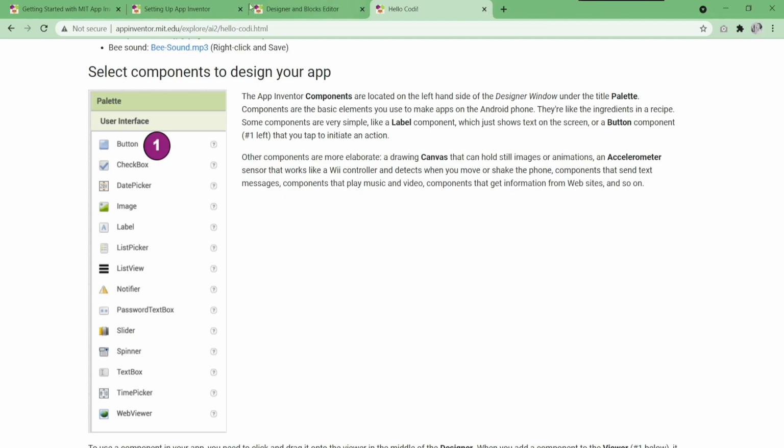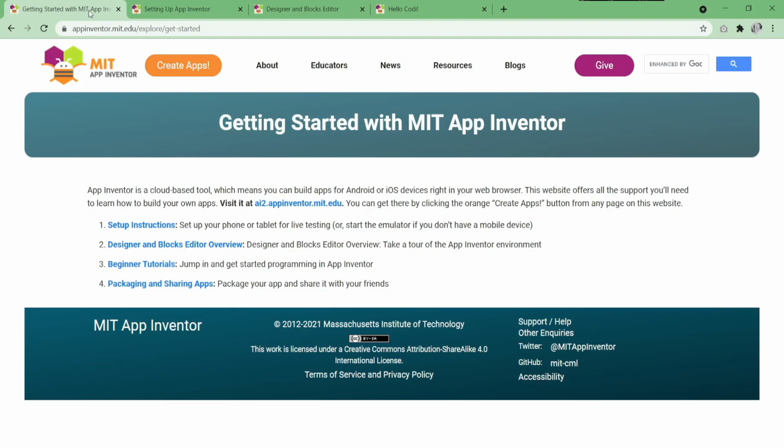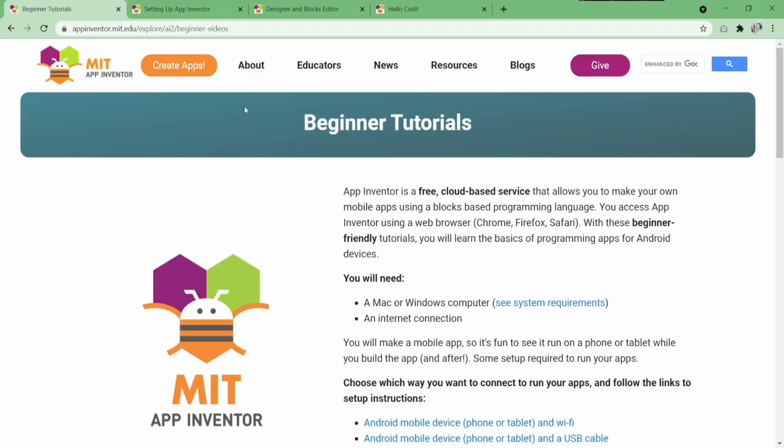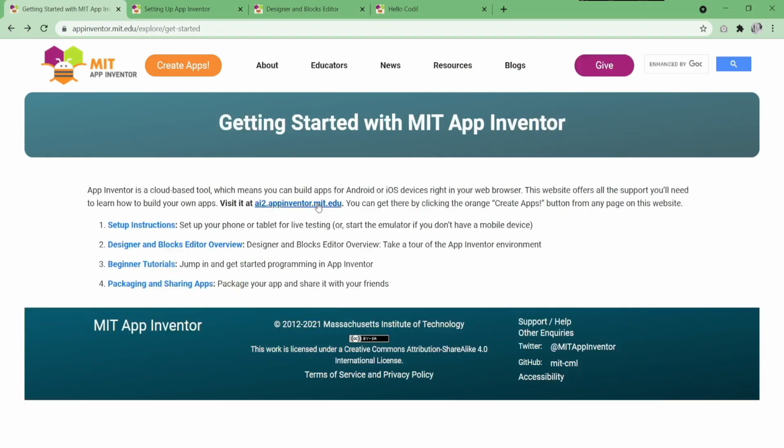In creating your mobile app, you should have your own email address. The preferred email address is a Gmail email. Okay, so we have here app